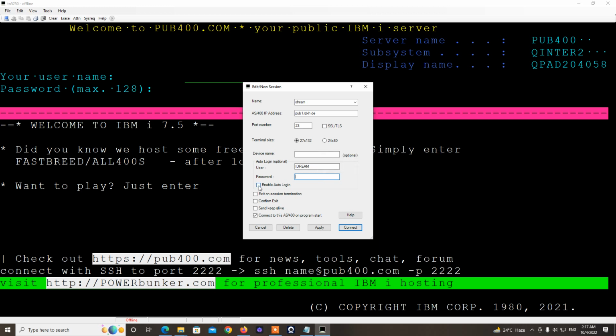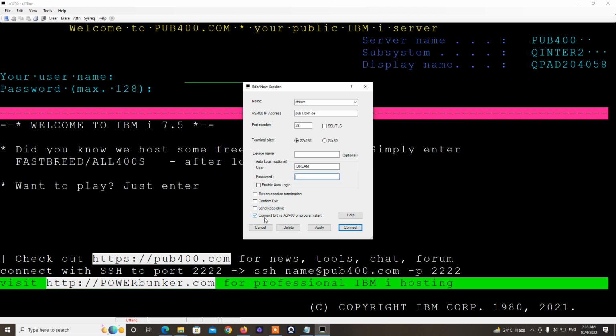It means as and when you click on that icon, this option will enter the values here, and it will take you to the first sign on screen, the first welcome screen. So it will bypass this login screen. That's the main advantage of enable auto login. I think the rest of the options are not required, so leave these values as they are